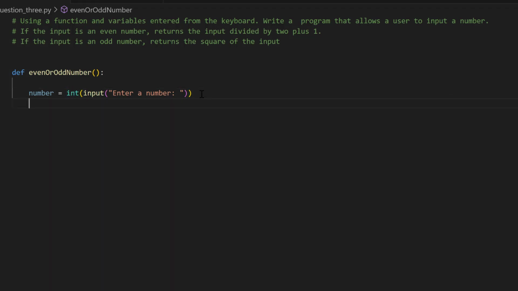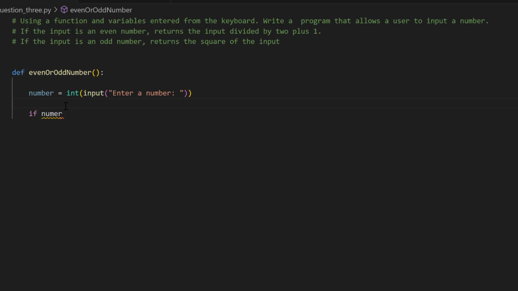Having stored the number and cast it to an integer, we now have to go ahead and create a condition that is going to check whether a number is even or odd. For this case, we are having two conditions, an even number or an odd number. We are going to choose the condition for an even number, and an even number is a number that leaves no remainder when divided by 2. And the way we are going to cater for remainders is by working with the modulus operator. If the number